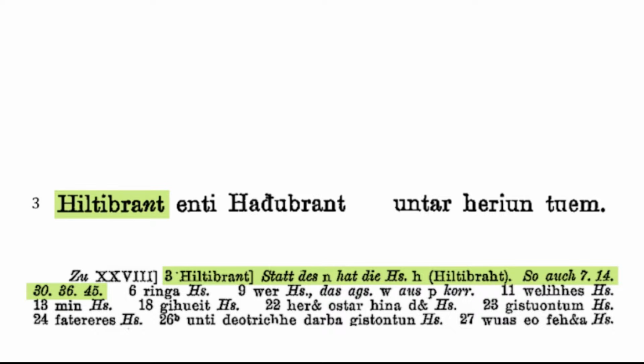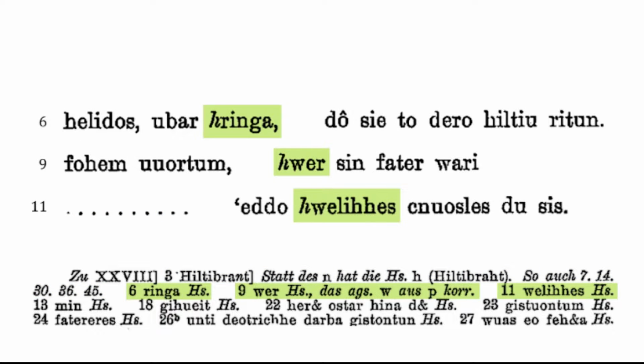But the manuscript is very consistent. The H is clearly not an error, so which spelling is more authentic? Hard to say. I don't have enough expertise in Old High German to evaluate that. Maybe you can. The point of the app-crit is to give you the data so that you can use that data to make an evaluation. The next 3 entries are also spelling normalizations. The manuscript has Ringer, Where, and Welches. The editor, who knows more Old High German than I do, thinks there needs to be an extra H at the start of each word.